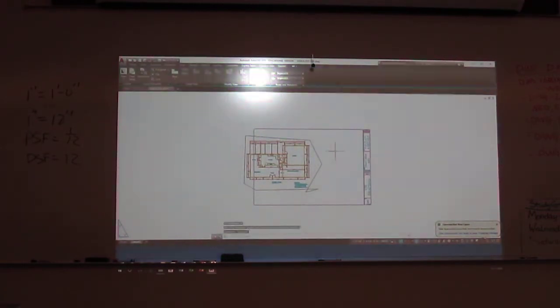Now, viewports are just objects. Gotta fix one here. Once I get it how I like it, then I'm just going to move this thing. So I do the move command on my viewport, and I kind of want this